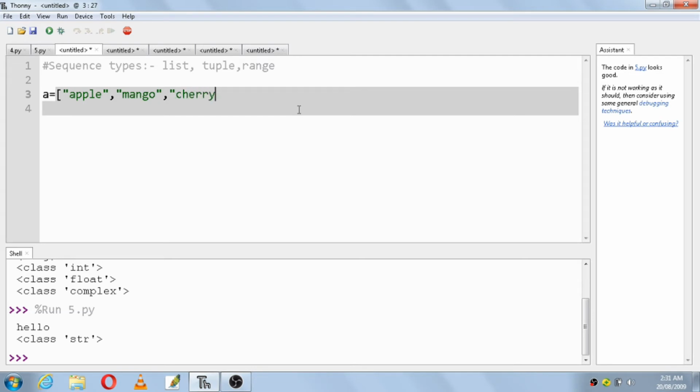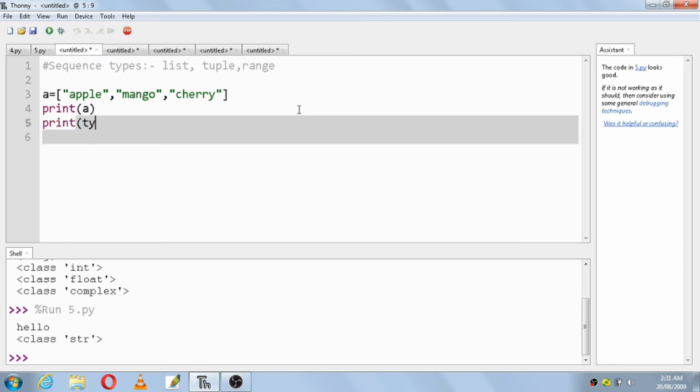Then close the bracket, no semicolon or anything. And then we'll print the value of a, and then print the type of a.